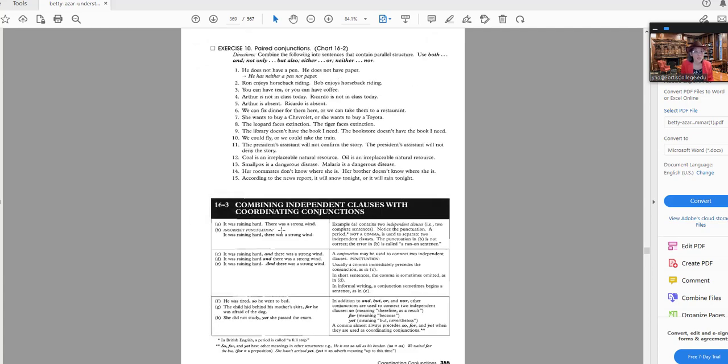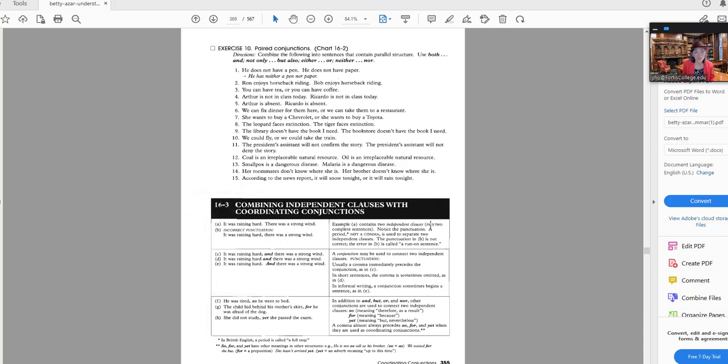All right, combining independent clauses with coordinating conjunctions. So that becomes a compound sentence. It was raining hard. There was a strong wind. So it was raining hard. There was a strong wind. So that becomes a comma splice. When you have two sentences that run together with no period or no conjunction, you get a run-on sentence, you get a comma splice. And so you need to have